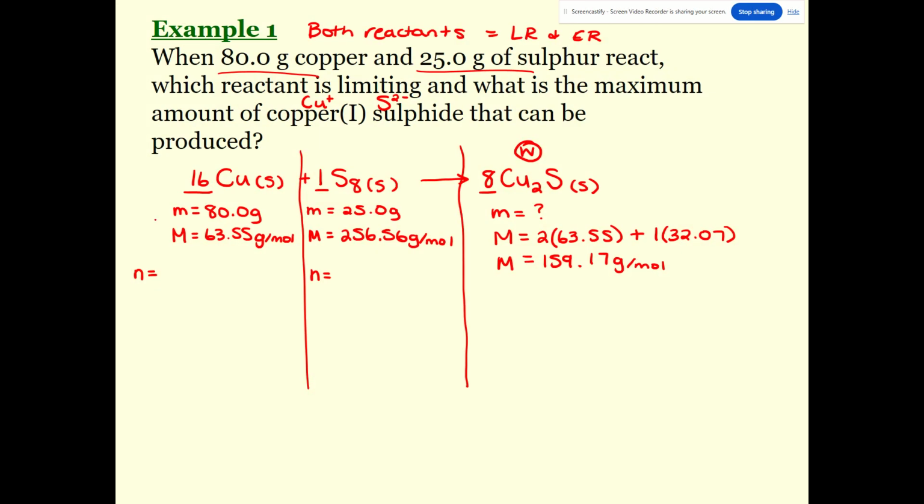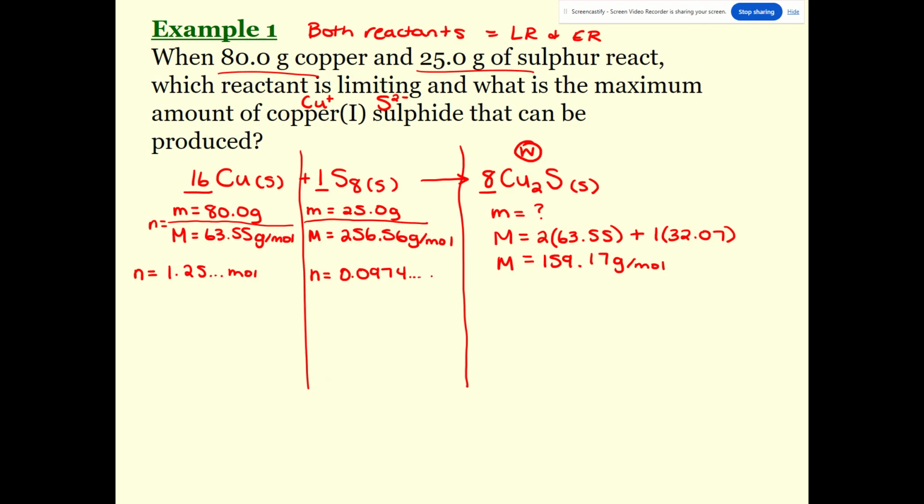Okay? I'm going to find moles with mass over molar mass for both. So my 80 grams divided by 63.55 grams per mole is going to give me 1.25 so on moles. And my 25 divided by 256.56 is going to give me